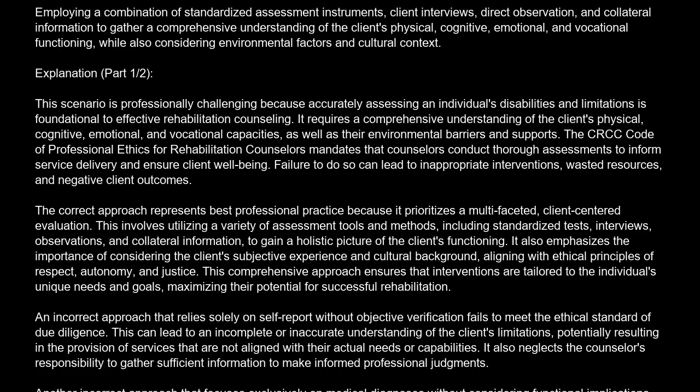The correct approach represents best professional practice because it prioritizes a multifaceted, client-centered evaluation. This involves utilizing a variety of assessment tools and methods, including standardized tests, interviews, observations, and collateral information, to gain a holistic picture of the client's functioning. It also emphasizes the importance of considering the client's subjective experience and cultural background, aligning with ethical principles of respect, autonomy, and justice. This comprehensive approach ensures that interventions are tailored to the individual's unique needs and goals, maximizing their